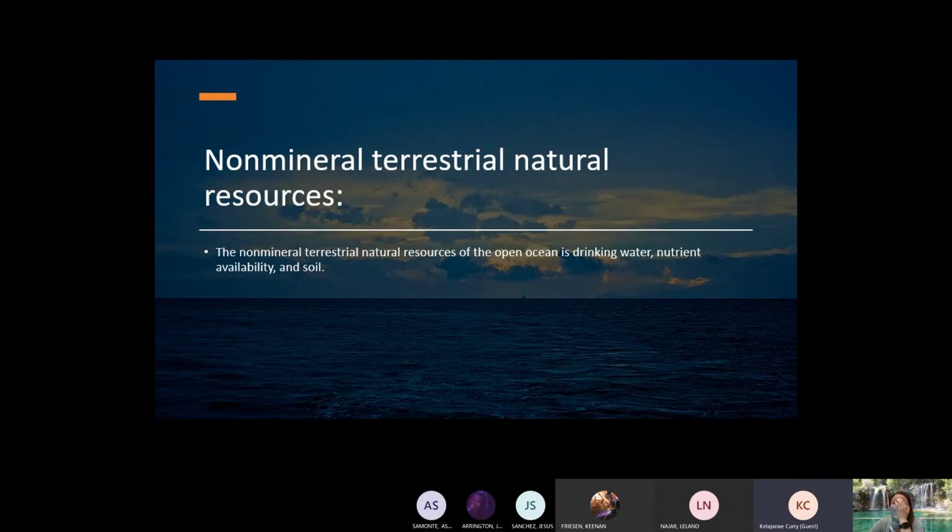The non-material terrestrial natural resources that we have in the open ocean today is drinking water. We have drinking water because, of course, we are surrounded with water in the ocean, and we also have nutrient availability. The nutrient availability comes from the fish. We also have many plants down there, starfish, and as you know, if you've seen the movie Reef or